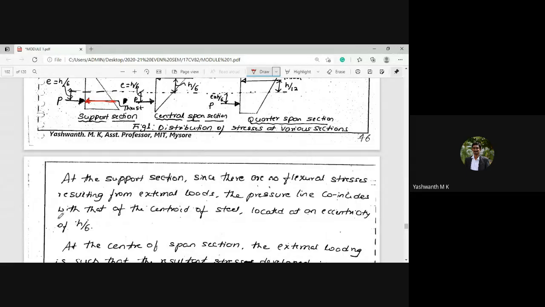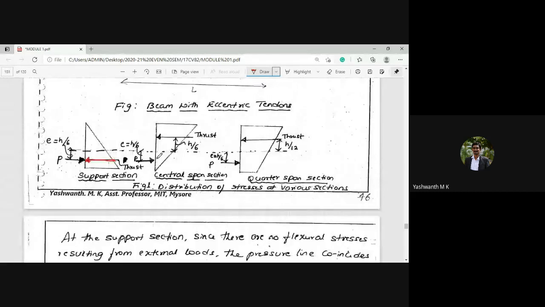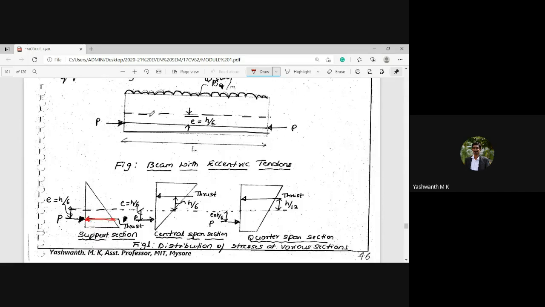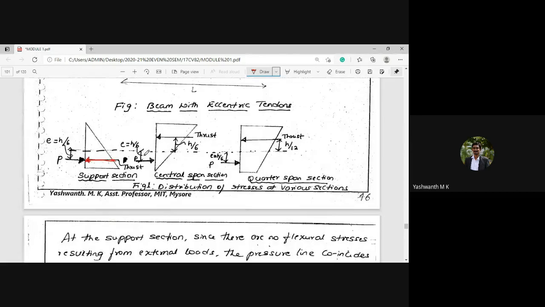So now this will be the stress distribution at mid span. There will be more compressive stresses at the top, that means compressive, and always try to minimize the tensile stresses at the bottom. So this will be the stress distribution. And this will be the pre-stressing force that will be acting, because throughout the section it is acting at the same distance, that is h by 6, h by 6, h by 6. You can see at the support, at the mid span, at the quarter span, at all the distances, this will be the eccentricity distance that will be acting.